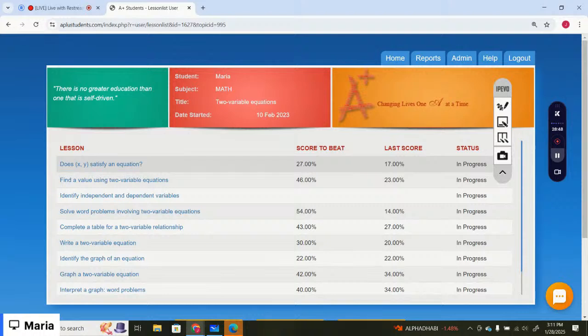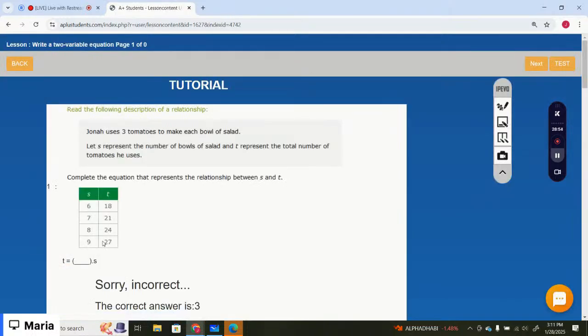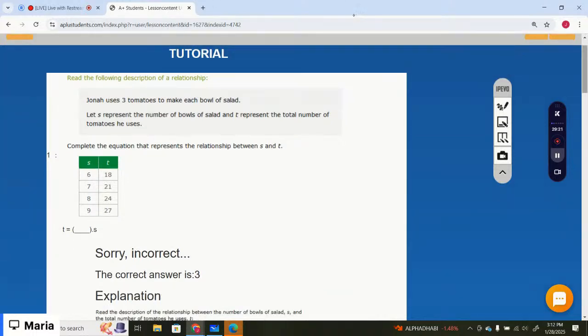Let's just start with the test. Next lesson, that is write a two variable equation. Complete the equation that represents the relationship between S and T. So now you have to find the relationship between the two variables. How to find? We have to see how the